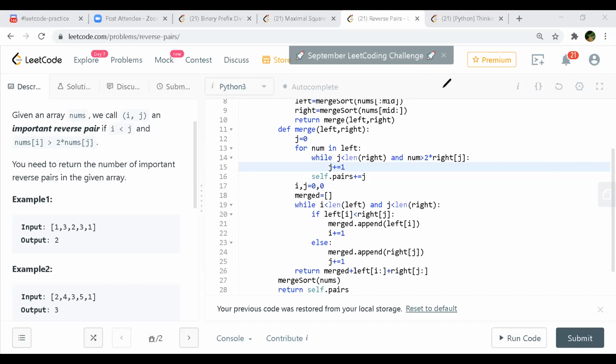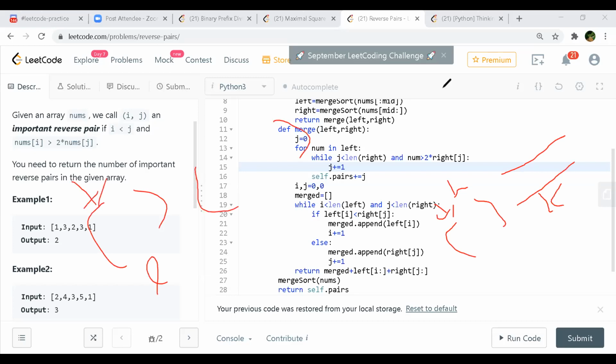For every element, these k elements I'll be visiting, right? So it should be n square log n. No, no, see, actually, what will happen when I find, let's say, this is my left array and this is my right array. When I find this element is valid for these many elements, then definitely for the next element I don't need to do all these things because it's already a valid candidate.